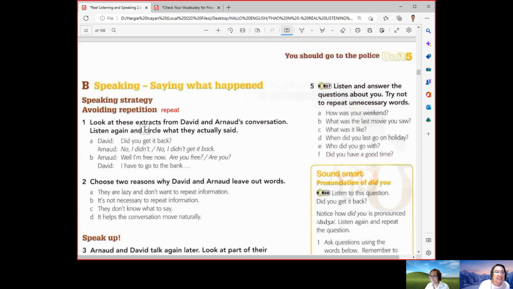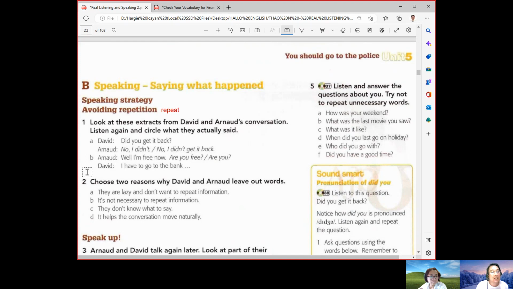Now look at this extract from David and Arnaud's conversation. Listen again and circle what they actually said. So we can't listen to that particular CD. So what we can do is actually